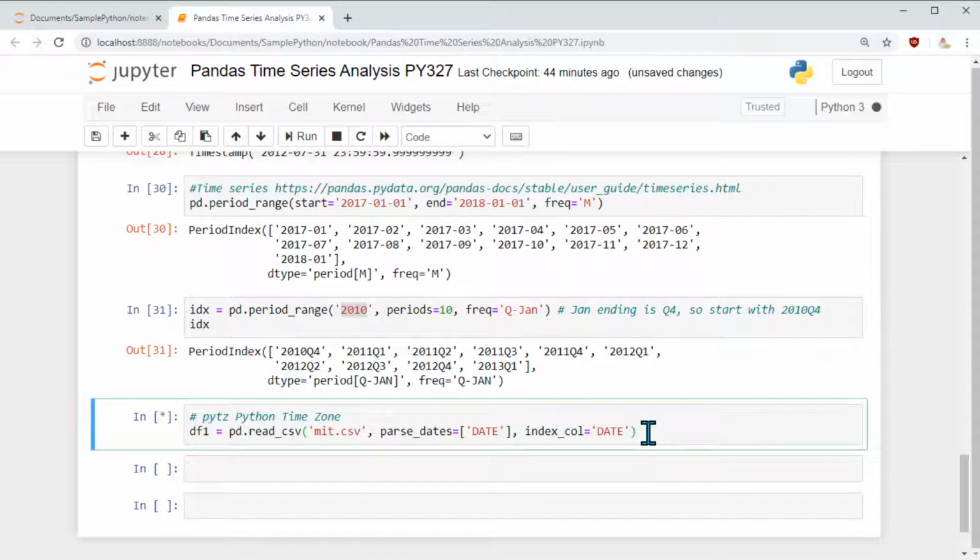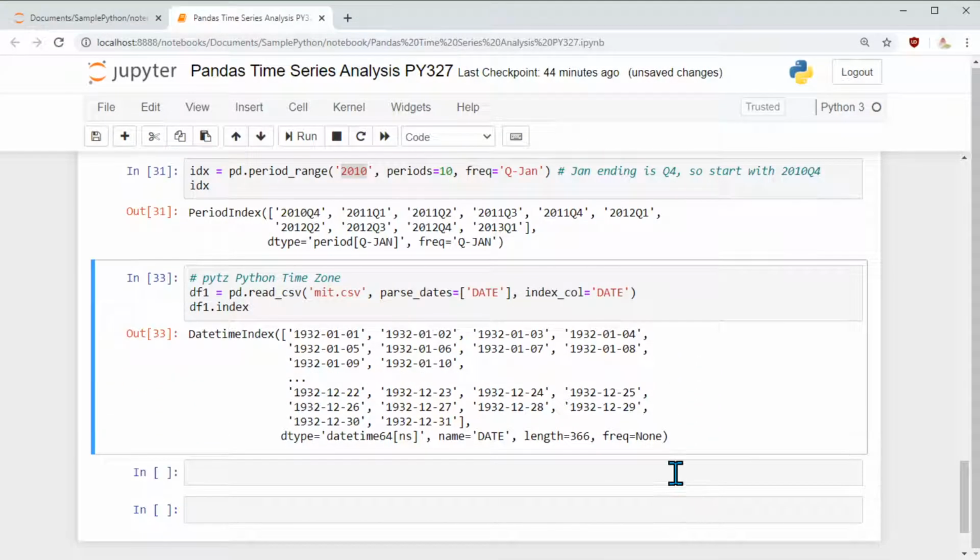When I execute this, it will store the information into the first data frame. And let's see the index of this data frame, how it looks.